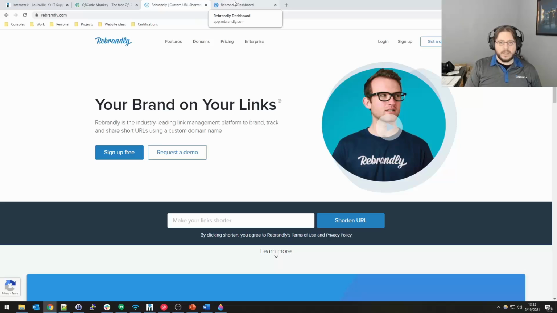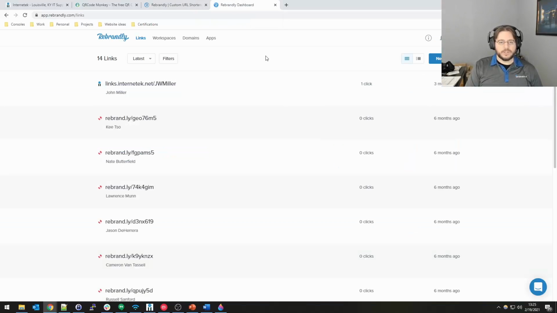This is free to an extent. They do have paid versions. We don't pay for it because the stuff that they have in that paid version doesn't really affect us. Like the paid version has things like analytics and more customization. What we do with this is when we make a link, say in this case goes to Internetic using our QR code,